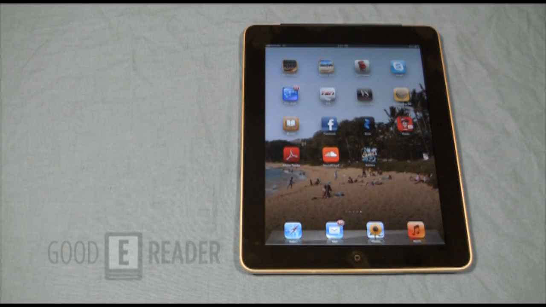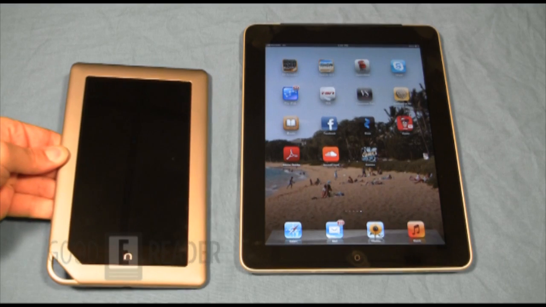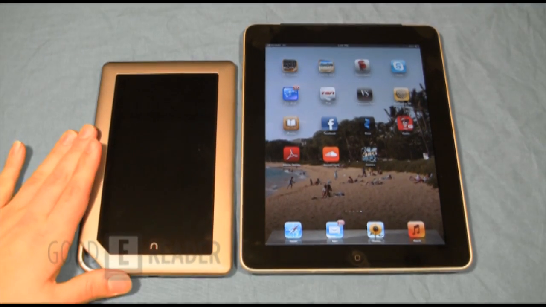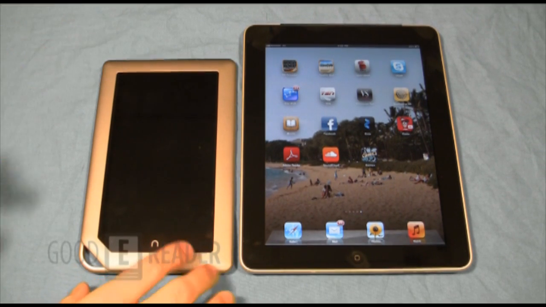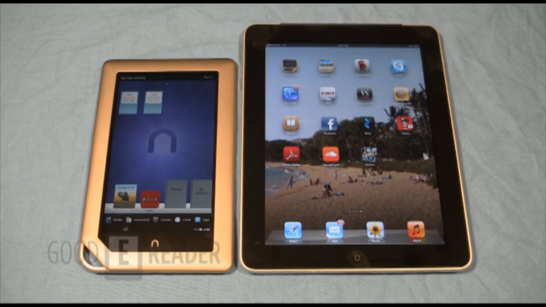And today we're going to review the Apple iPad versus the Barnes & Noble Nook Tablet. Now, we're basically comparing this because inevitably, whenever a new tablet comes out, especially by a big company, it's always compared to the Apple iPad. So we're going to give you some visual comparisons on how these differ and what you can expect price-wise and feature-wise. So let's just go over some of the specs first, just to give you an indication on how everything